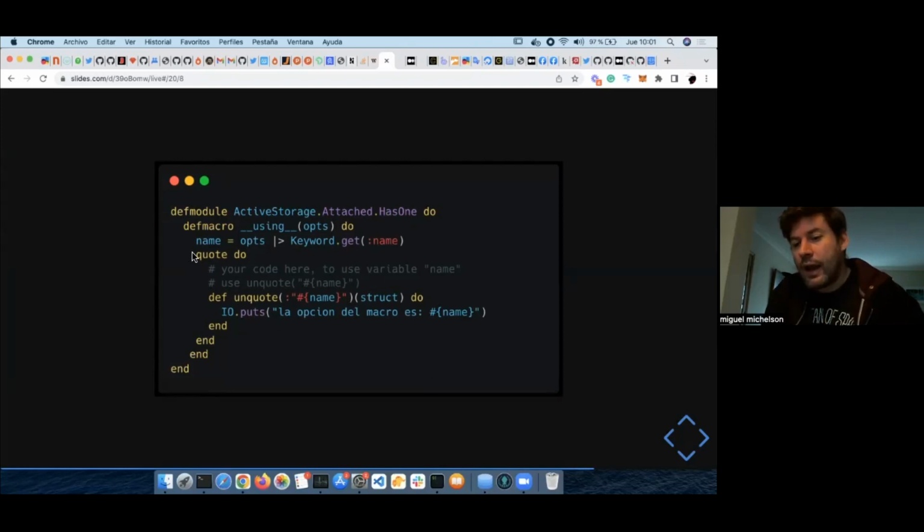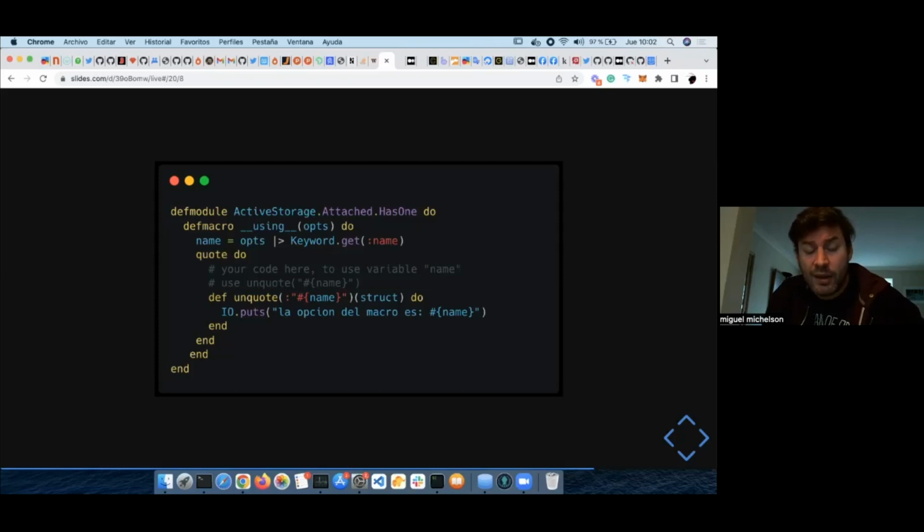So I started to learn about quote and unquote, and this is a kind of complex topic in Elixir. It's easy to get lost in this. Basically, quote is about retrieving the inner representation of a particular chunk of code, and unquote is used in order to inject the value of a variable. So unquote has to be used inside the quoted representation. It's really easy to get dizzy on this.